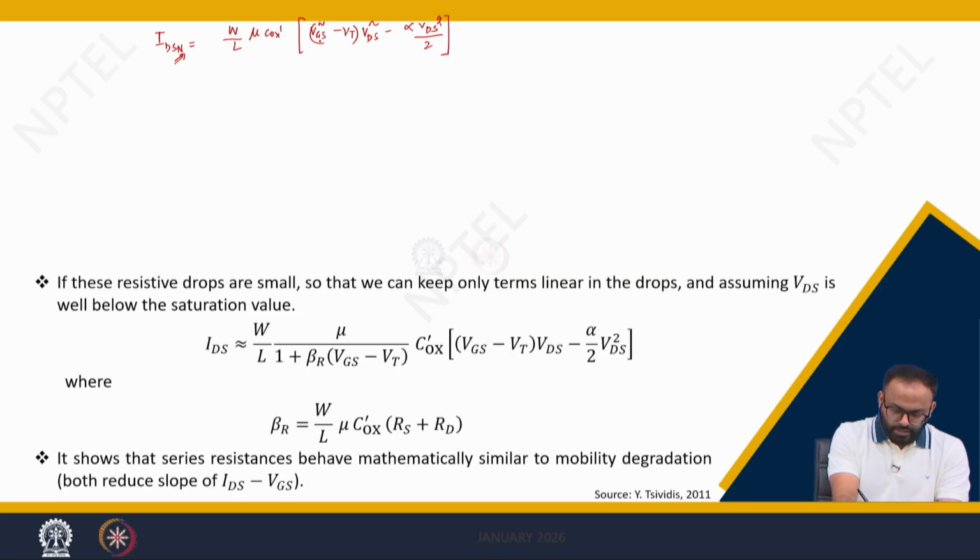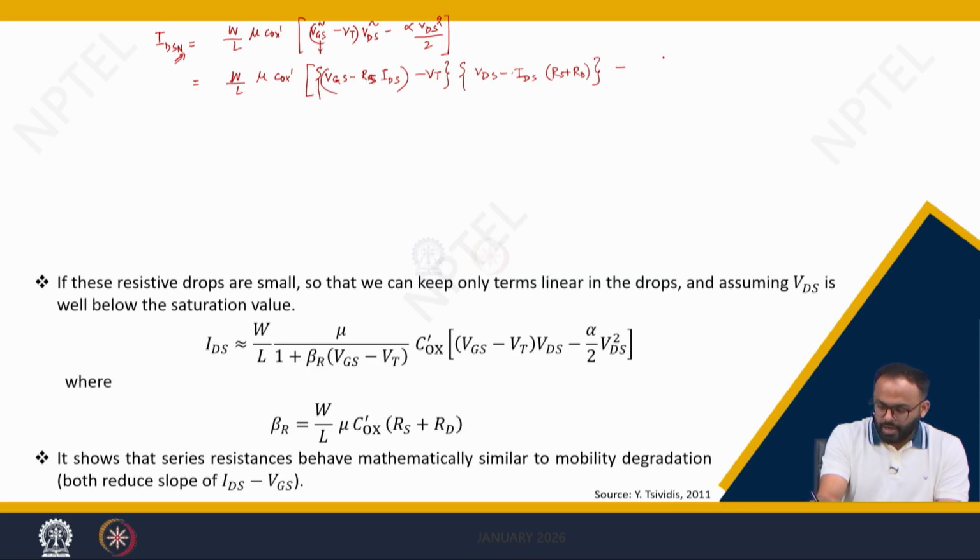So we need to replace this with the terminal voltages, which is W divided by L into mu into COX dash into (VGS minus Rs into IDS minus VT), and there will be another term, which is (VDS minus IDS into (Rs plus Rd)) minus alpha by 2 into (VDS minus IDS into (Rs plus Rd))